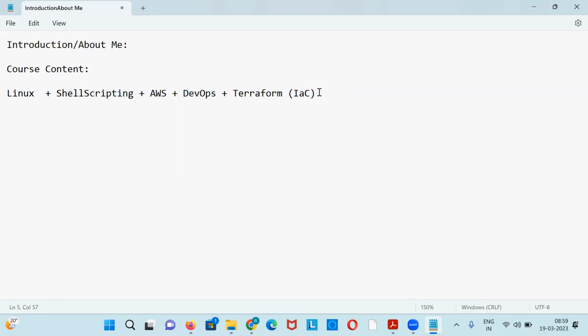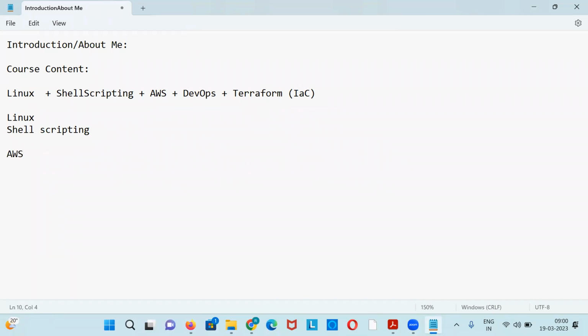So how exactly are we proceeding? That also we need to understand, right? Linux is the very first thing, no doubt at all. The second thing is shell scripting. When you are discussing the operating system, then only we will discuss scripting also, because shell scripting is a combination of your commands. Instead of executing one command at a time from Linux, you keep all the commands in one file and execute it. That is called bash, shebang kind of thing. Shell scripting. And then we are going to discuss AWS.